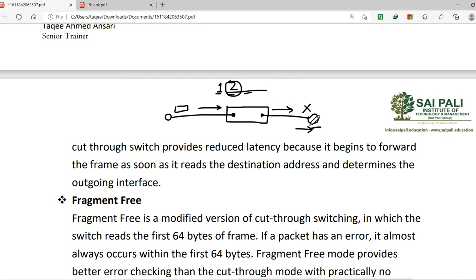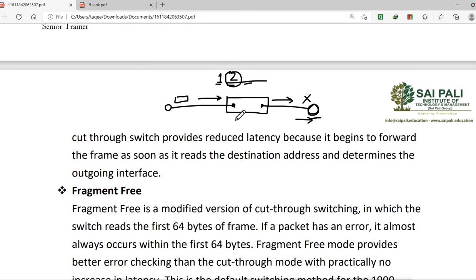When it reaches the data link layer, this machine will check for errors and drop the packet if it has an error. But the error packet does reach the destination. In the store and forward method, the error packet will not reach the destination, because the switch itself removes the error packets. Cut through switching is fast, but the problem is that error packets reach the destination.